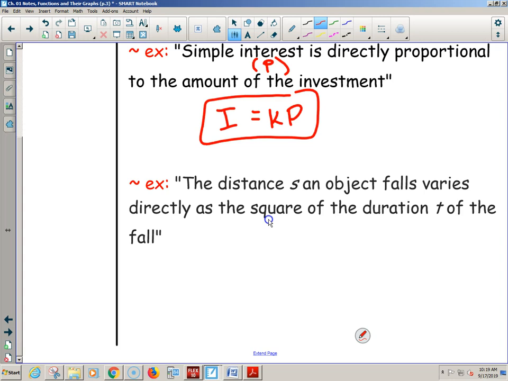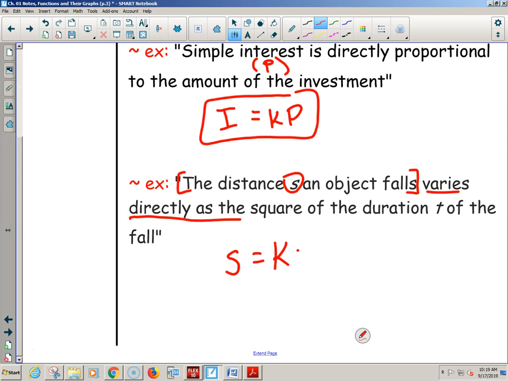What's on the left side of the equals? S. Give them a second to process. Who is S? Oh, the distance an object falls, of course. Whatever. So all of that wording just got dealt with, right? What comes after that wording? What does that mean? Direct. K times. We have the Y, in this case the S on one side, equals K times